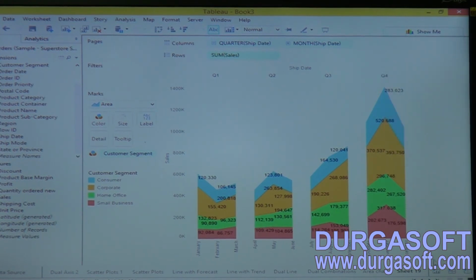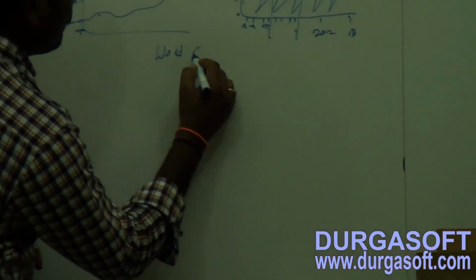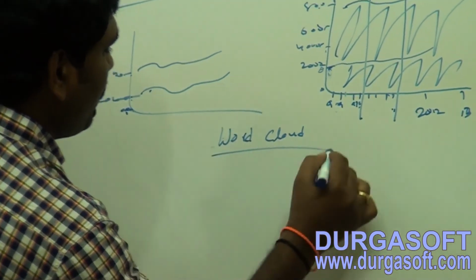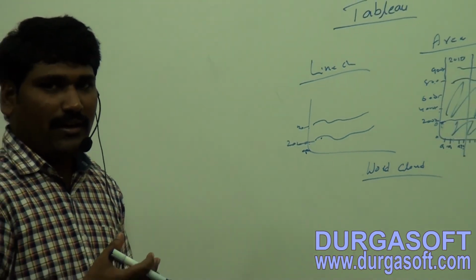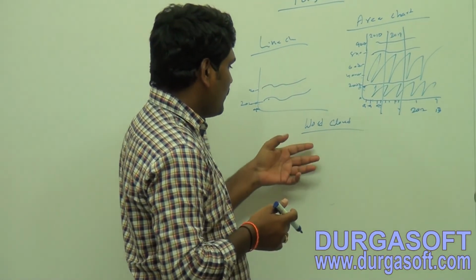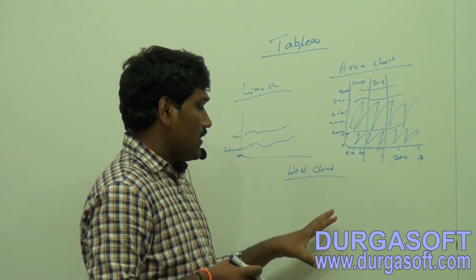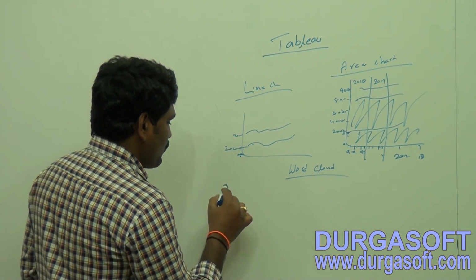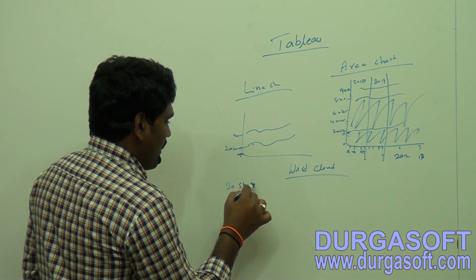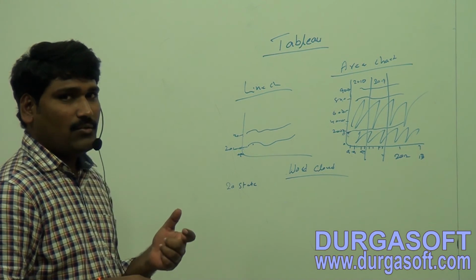Now let me create one more chart which we call a word cloud. This is a custom chart where we can represent the data. We can represent the words in a format where, based on the word size, you can understand how the business is for that particular word. That means I have almost 20 states, and if you want to understand which state has more sales,